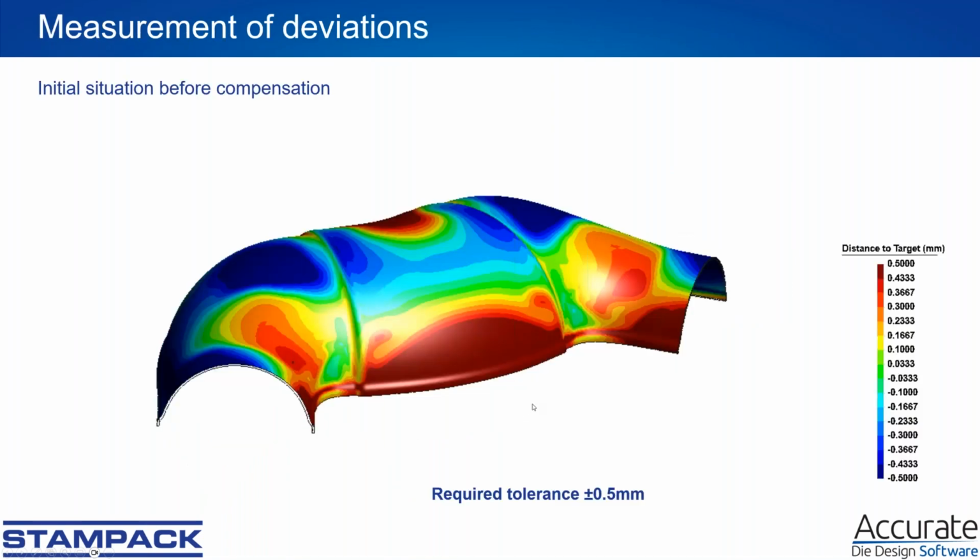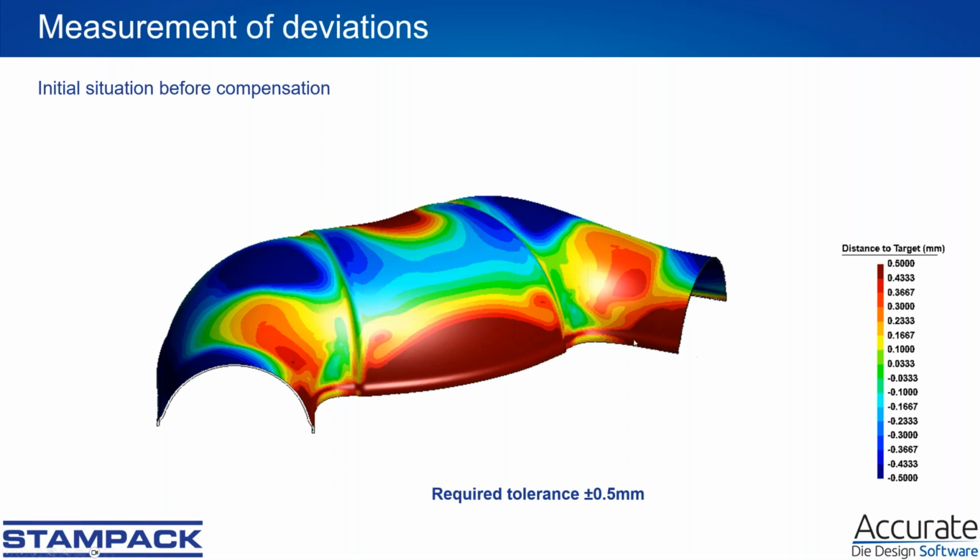In the initial situation, when you just took the first attempt with the die surfaces, we see here the picture of our tolerance check, and you see in this area, for example, we are far away from the tolerance. Tolerance was plus minus 0.5 millimeter. We are about 3 millimeters off. So this cannot be. And then our springback compensation takes the die surfaces and compensates them,